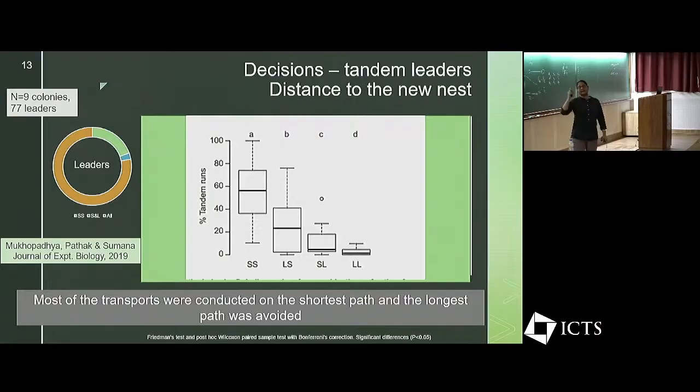In the beginning, they're not exploring, they don't wait to explore all paths and then start the relocation. Along the way, they discover this, but once they get the short path, they will stick to it, and most of them would be doing short. So the green fragment here is where leaders are doing only short. They discovered this first and they're sticking to it.